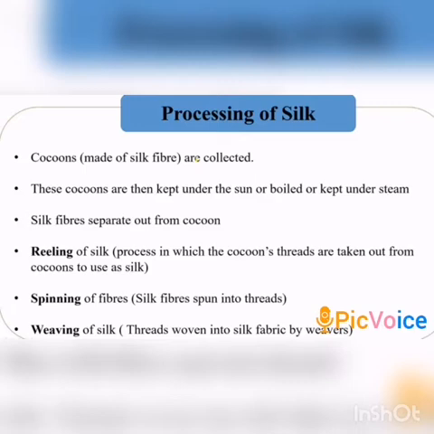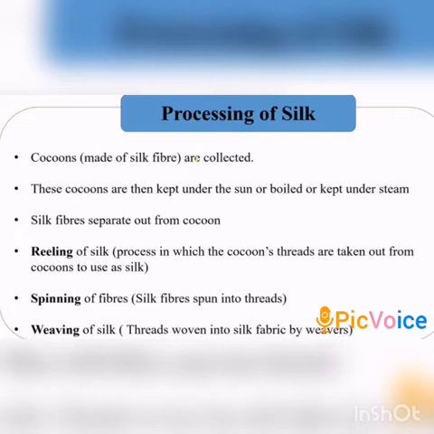If we keep the cocoon in hot water, the silk fiber separates out from the cocoon. The process of taking out threads or silk fibers from the cocoon for use as silk is called reeling the